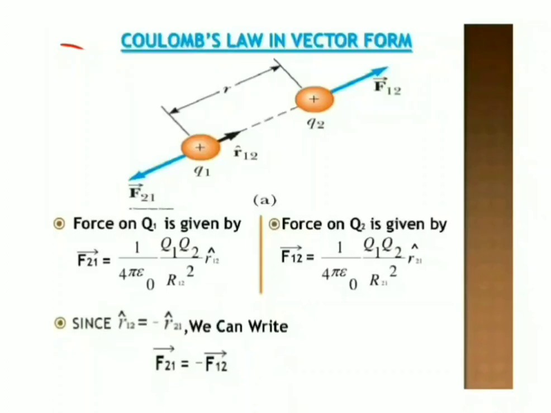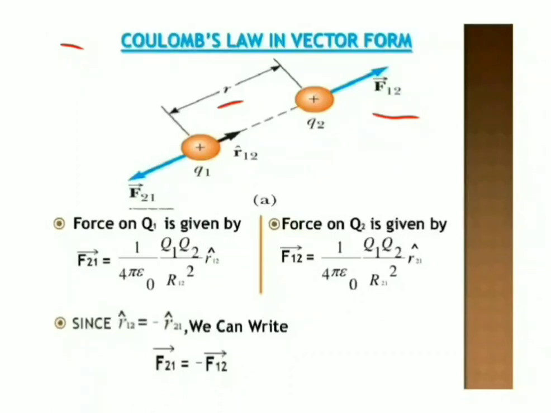Okay, so direction is very important in Coulomb's law. Here you can see that we have two charges, q1 which is positive and q2 which is again a positive quantity, and both are separated by a finite distance represented as r. Here we have two forces acting on these charges. The first one is the F21 vector, which represents the force acting on the second charge due to the first one, and F12 represents the force acting on the first charge due to the second one.